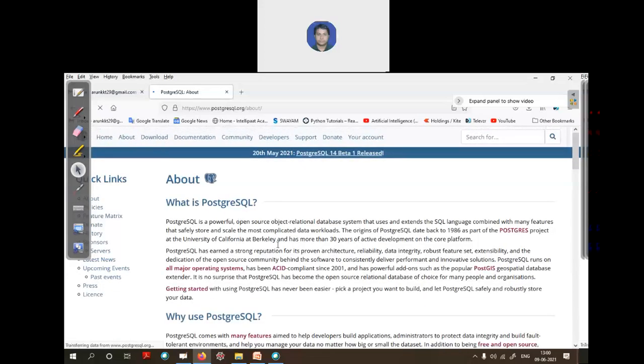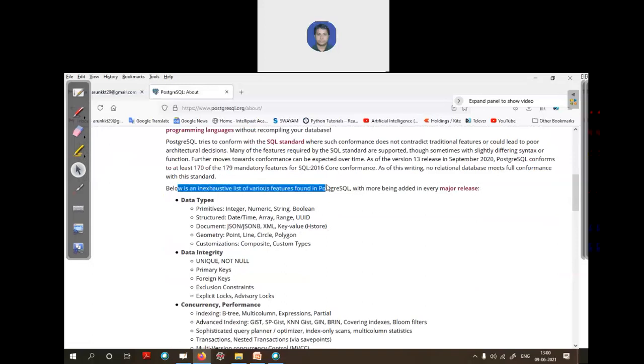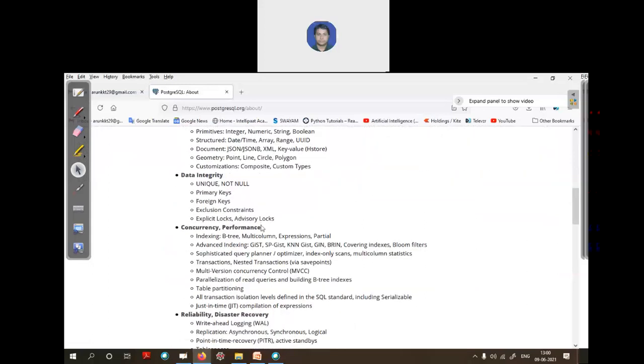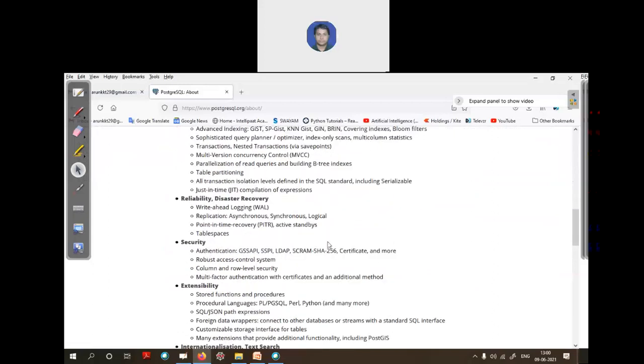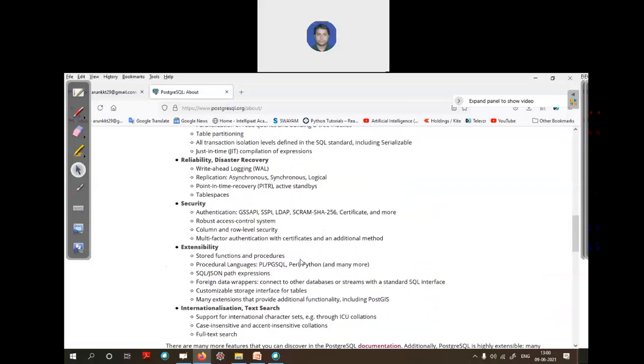And read about PostgreSQL. What is PostgreSQL? Why use PostgreSQL? What are the features of PostgreSQL? What data types does it support? Data integrity, concurrency, reliability, security. Please read all the features. And what are the major organizations using which DBMSs?